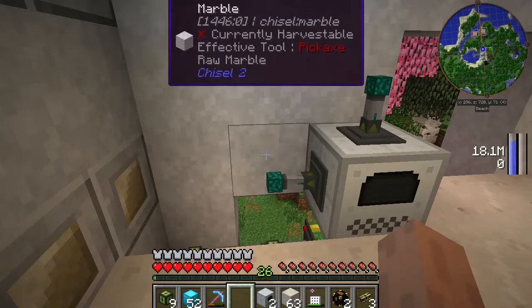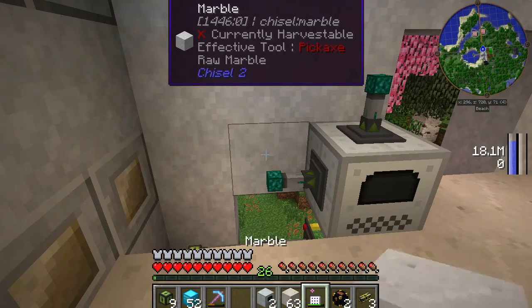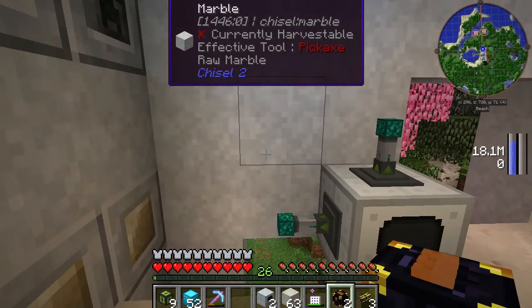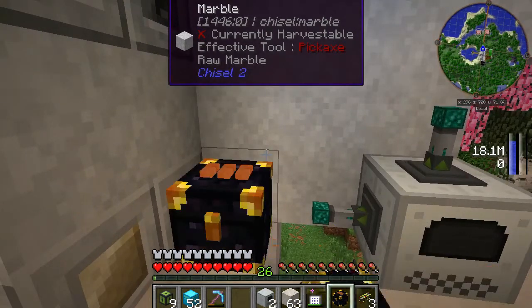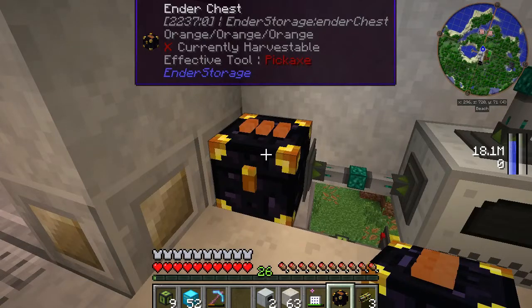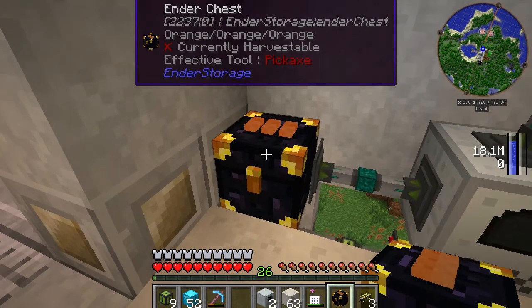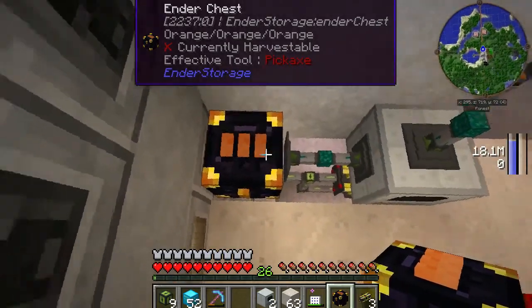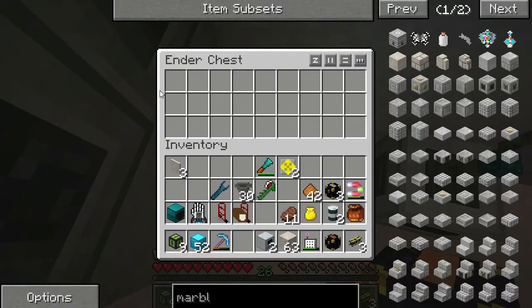So item conduit and an item conduit, and now we're gonna need some diamond chests. Well, actually, I want to kick it out back into an ender chest. So there, we'll put an ender chest. And this ender chest is orange is my code. Well, orange period is my code here on the server. So it's hooked up to my ender